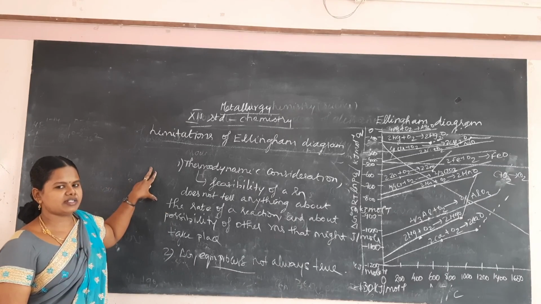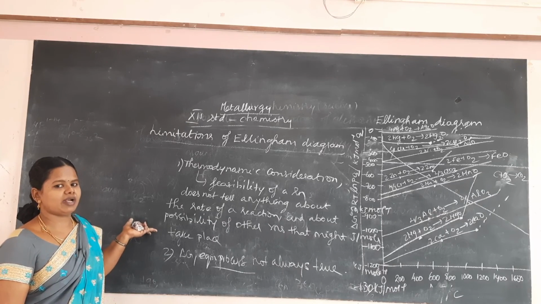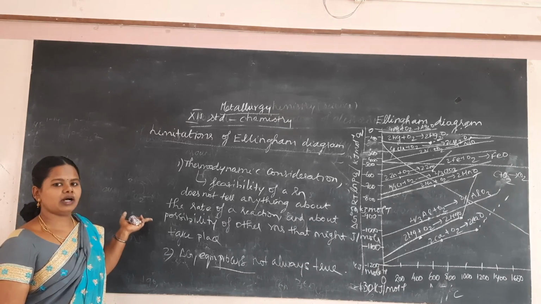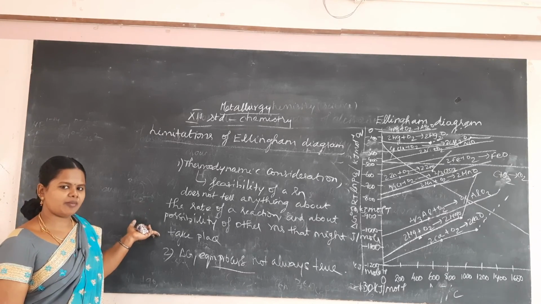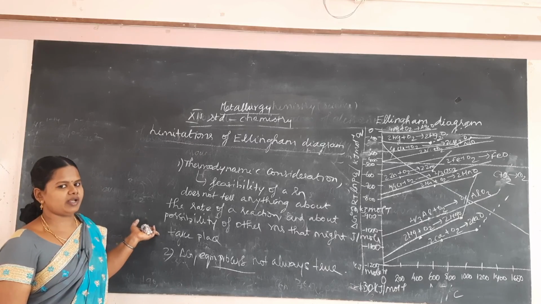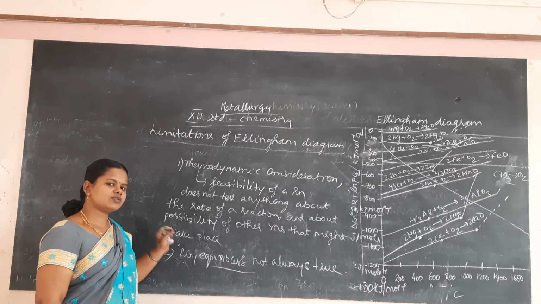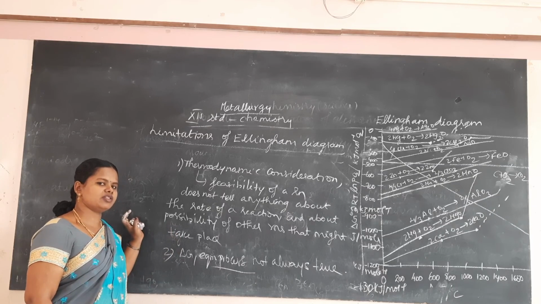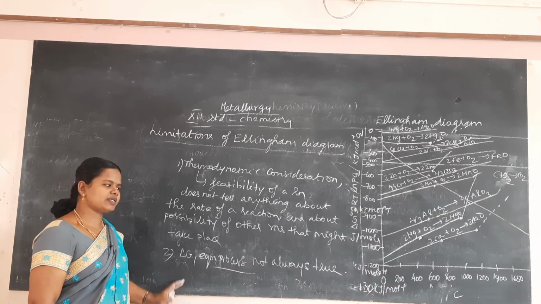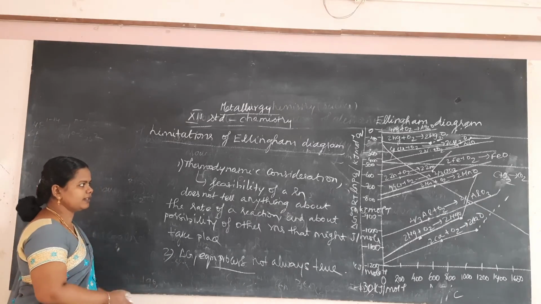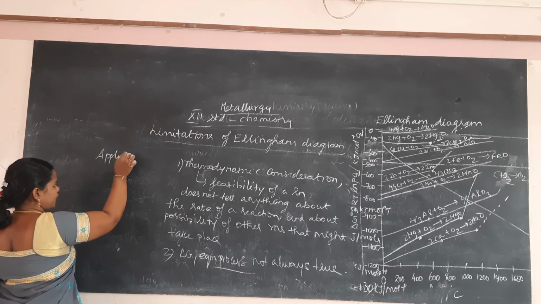Or this limitation of Ellingham diagram can be asked in short answer. So today we have learnt about the thermodynamic principle involved in metallurgy, the observations from the Ellingham diagram, the application of the Ellingham diagram and the limitation of the Ellingham diagram. So this is very useful in selecting the suitable reducing agent for a particular reaction, and this is a very important question. So today's assignment, I want you to learn the application and limitations of Ellingham diagram.